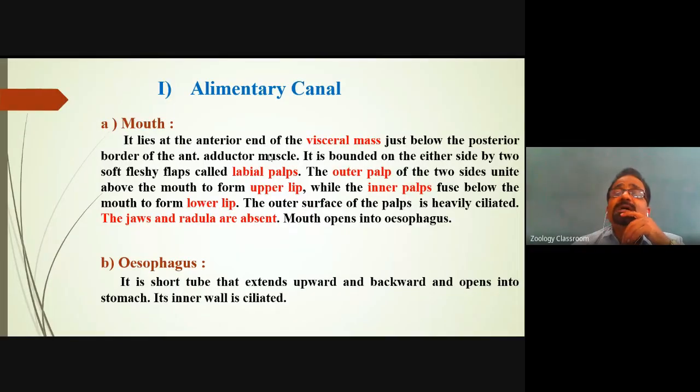Location: just below the posterior border of the anterior adductor muscle. See the location. It is bounded on either side by two fleshy lobes, the labial palps, which I have shown you. Now see the labial palps, their outer palp